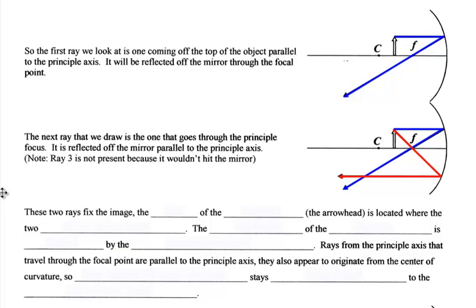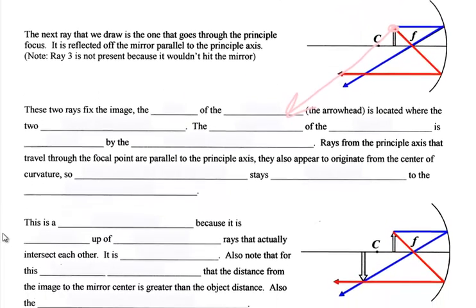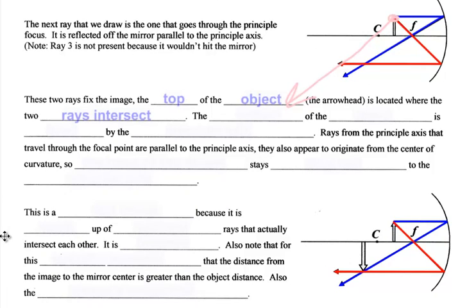Meaning, if I was to draw the third ray, I have to go from the top of the object through the center of curvature. Well, it never hits the mirror. So it's not needed in the ray diagram because it's not reflecting off of the mirror in order to show our image. So what we end up with is these two rays